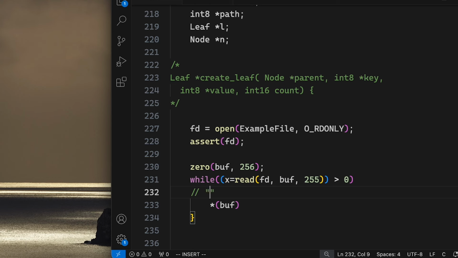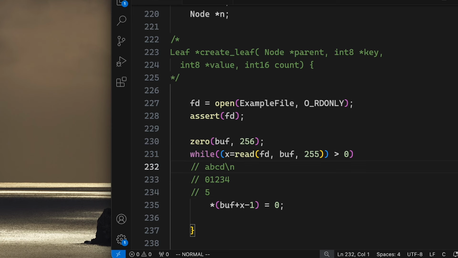So if we have A, B, C, D and a new line, then we have indices 0, 1, 2, 3, 4, and the string length in this case is 5. So what we need is buff plus x minus 1, and we set it to 0. So now buff should contain the correct word in question,